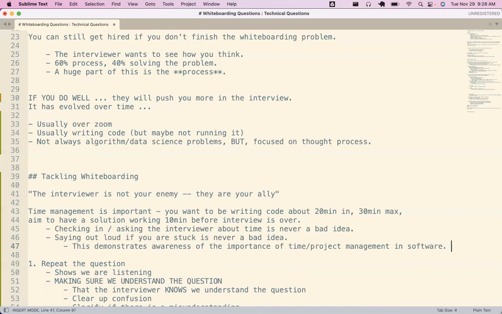This is sort of like a miniature project, right? So if you realize you're getting stuck, say to the interviewer, hey, I thought I had a path forward. I'm actually running into a problem here. I want to check in because I know we've only got 20 minutes left, and maybe get some help, or what would you like us to do next? That is a great strategy.